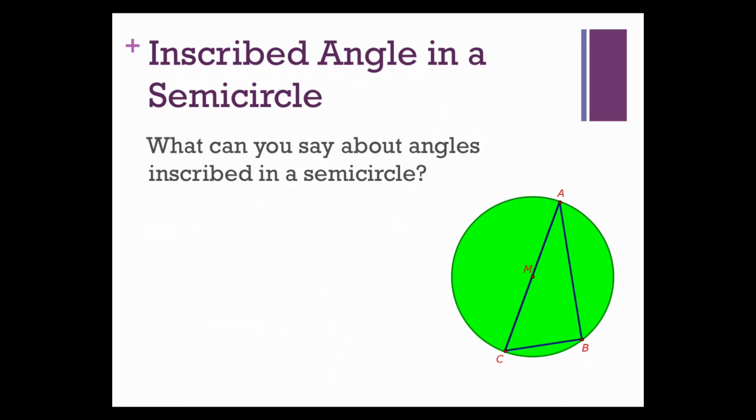Arc ABC is in fact 180 degrees, also known as a semicircle. What's the prefix semi mean? Half. It's half of a circle, a semicircle. Good. Am I finding angle ABC? Yes, angle B. So if you know that the arc ABC is 180 degrees, then